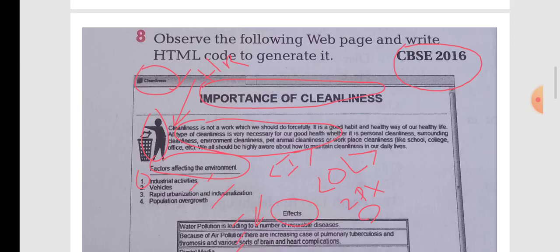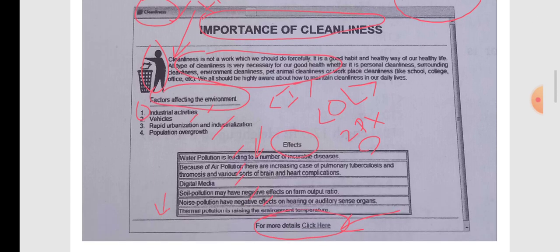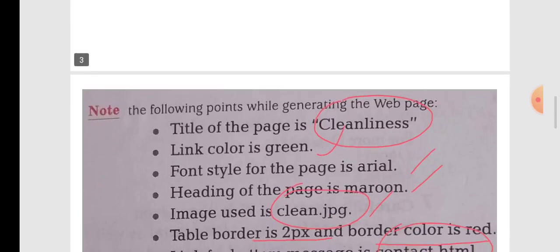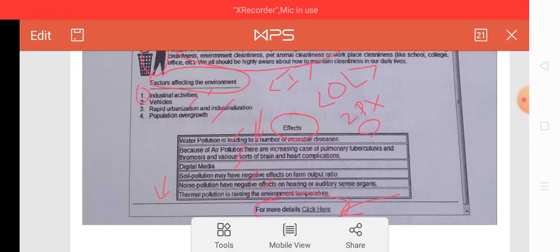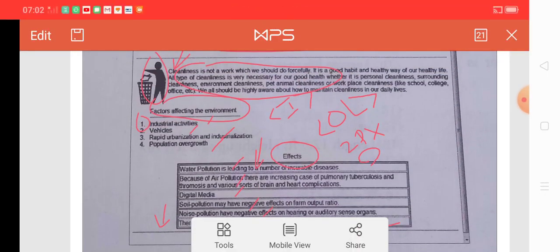If you fail to implement any concept, then marks will be deducted only for that concept or only for that tag. Suppose this question is of 10 marks, then if you fail to implement the image, then the part of the marks related to the image will only be deducted and others will be given. So just try to attempt this type of questions and practice on them.